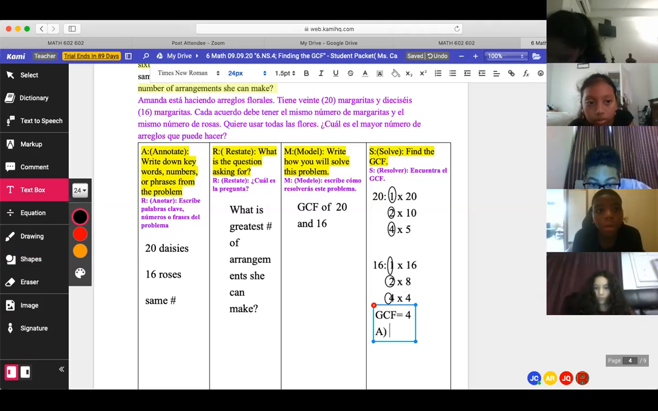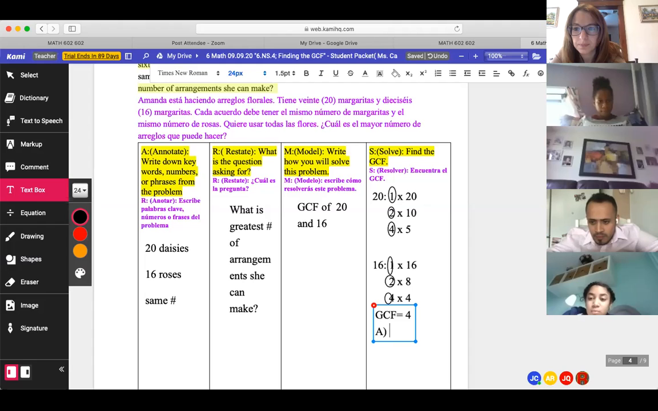So if there are 20 daisies and the GCF is 4. Hold on, I think he's talking, but he was muted. So say it again. We can't hear him. I don't hear you at all. I see you talking, but I can't hear you. It's fine. Type it in the chat. For some reason, I cannot hear you at all. Anybody want to help him out? The answer is